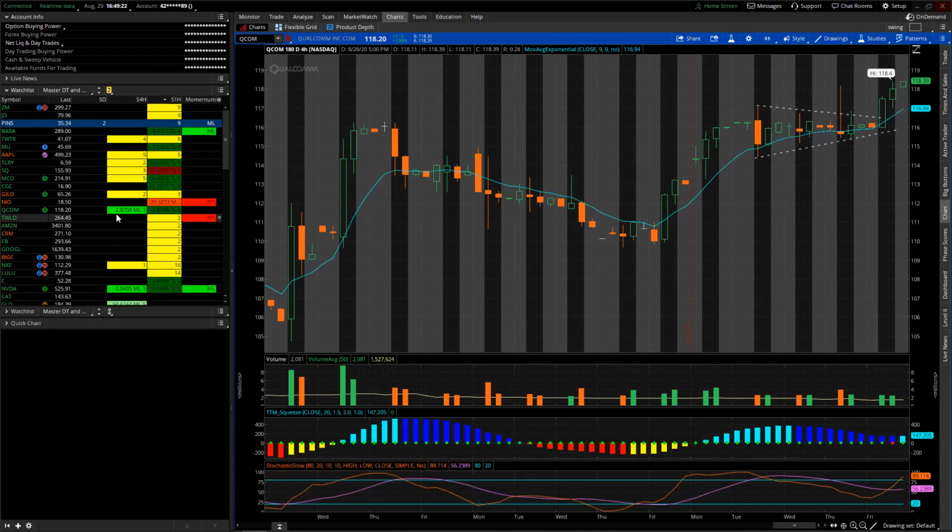The reason why this one is, Noah, can you tell me, can you see which one I'm pointing to on the grid on the left? Yeah, QCOM. Okay, good. So Qualcomm, the reason why it's bright green is because it says ML, which I coded, it means momentum long. The reason why it's showing me that is in the last 2 periods it had a breakout bar, which is this big green bar breaking out.